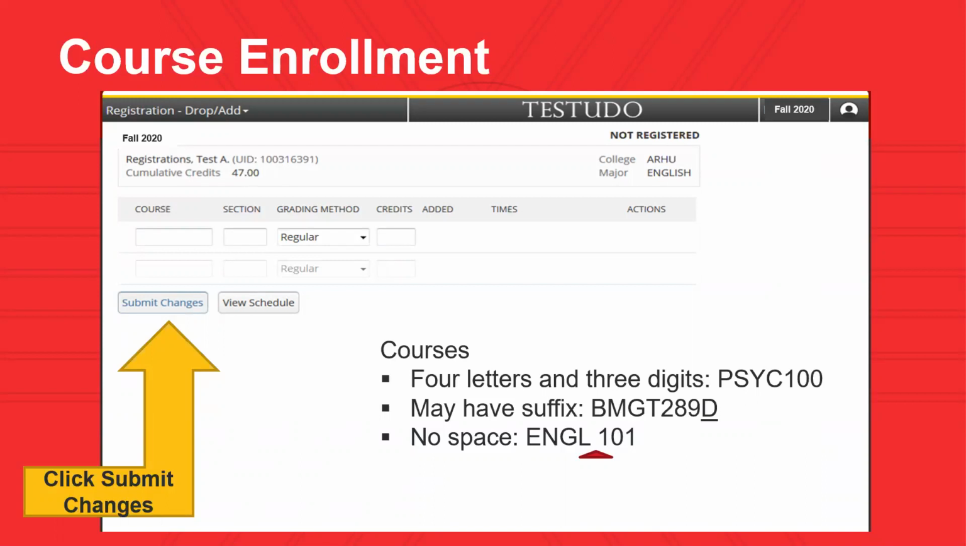It's important to be mindful that you do not place a space between the letters and the digits. Because if you do, the university system will recognize that this course does not exist, because English 101 with a space does not exist in our system, but English101 does. Once you've identified the course, you do not need to enter the section because the open sections will automatically appear, and you will simply